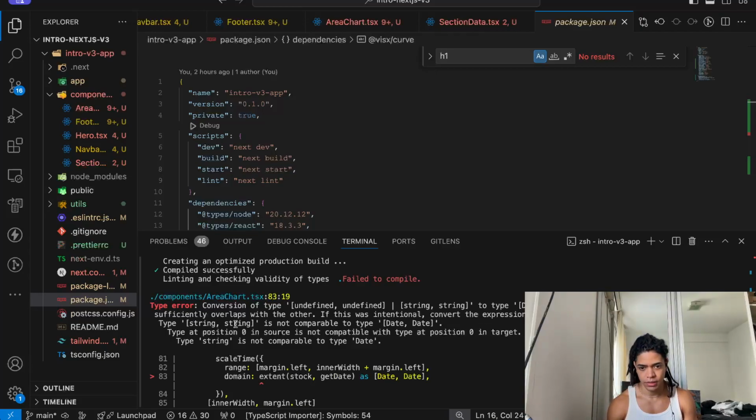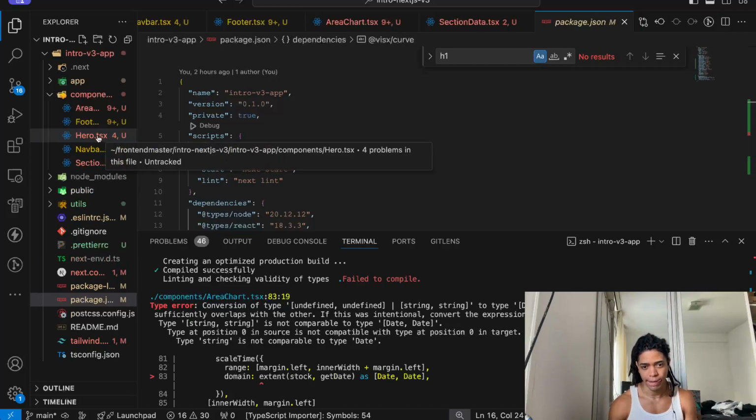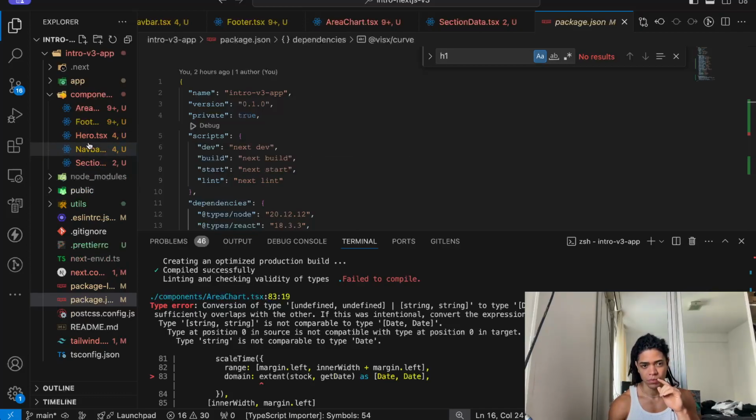Type string is not compatible to type date, but that's what we're doing here. That's one of the reasons what we're doing here. Okay, here we are.